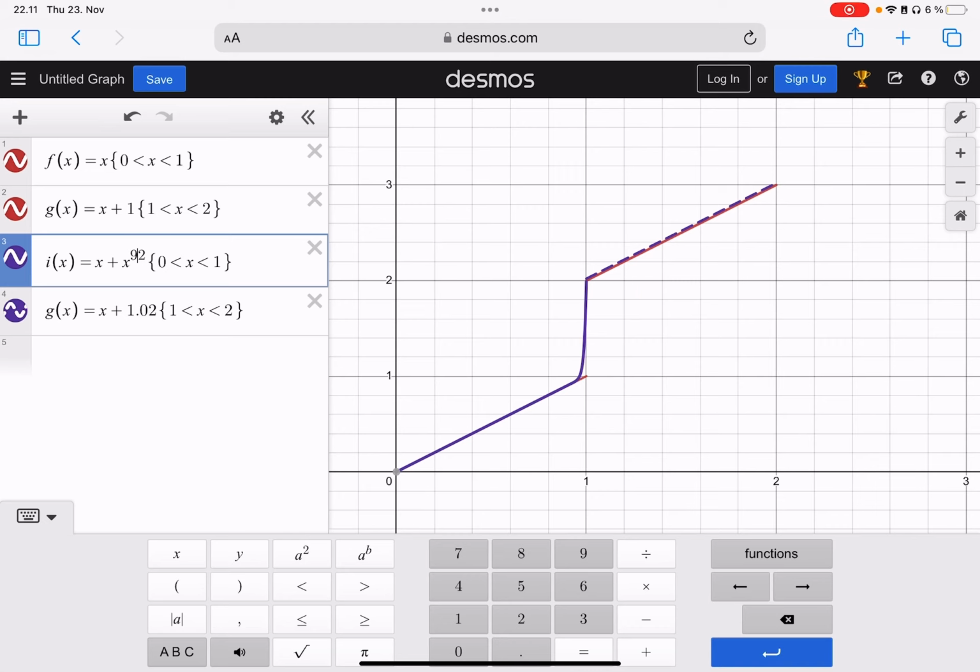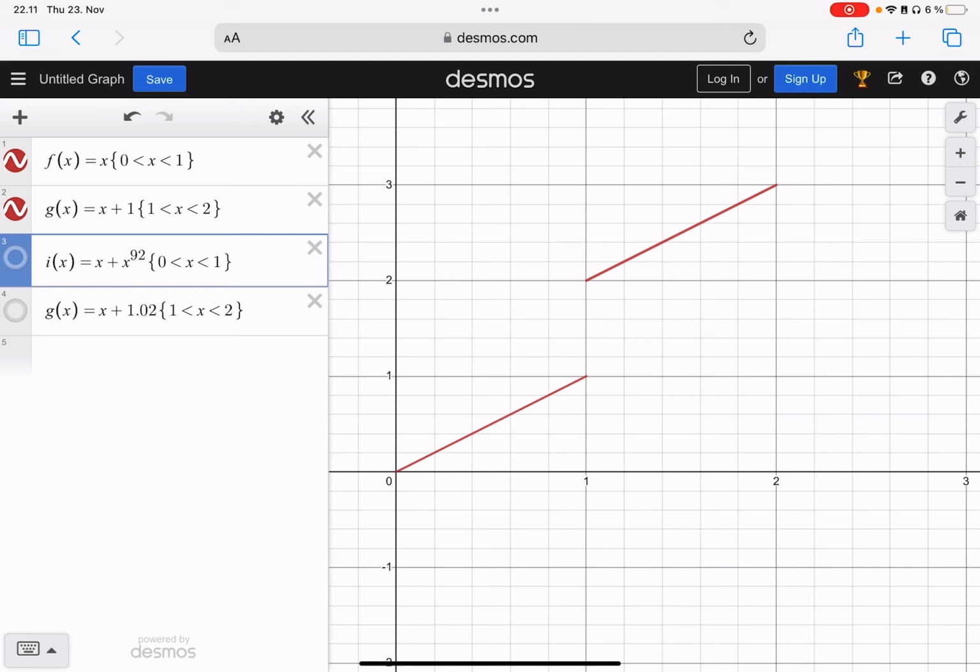So the limit of these functions will be this red function away from 1, not defined at 1 really. So that is the pointwise limit of my purple graphs. And as you can see, the image of the red skips the whole interval 1 to 2 on the y-axis. We can look at it this way, that is not covered, or we can say this